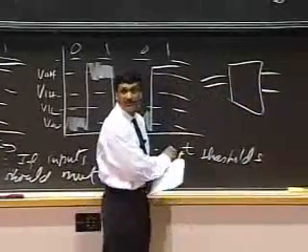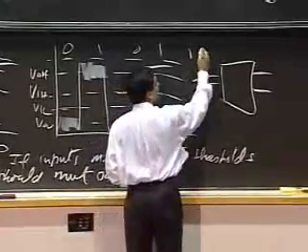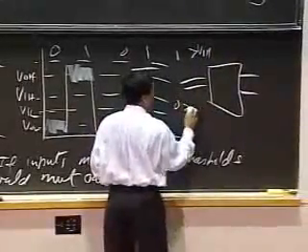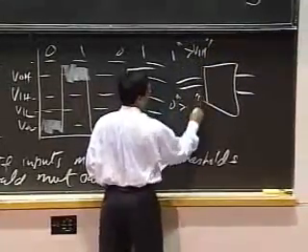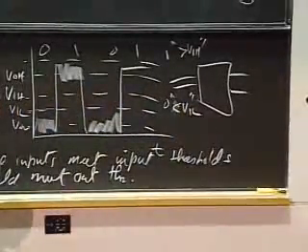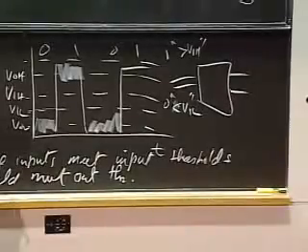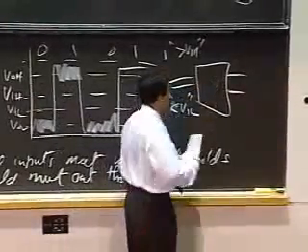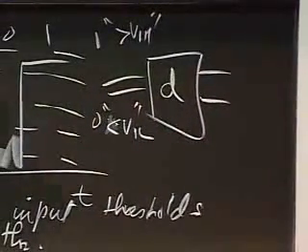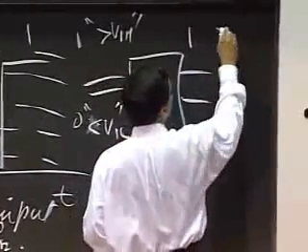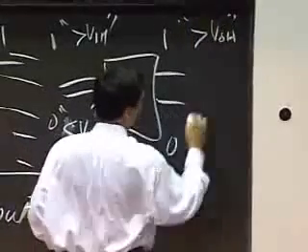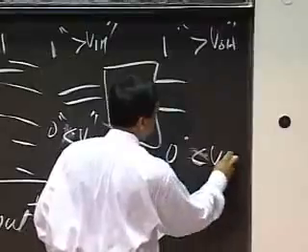then if I give it good inputs, and by giving it good inputs, I mean for ones, I have signal values that are greater than VIH, and for 0, signal values which are less than VIL. These are valid inputs. So when inputs are valid, that is below VIL for a 0 and above VIH for a 1, then this digital system, D, will produce corresponding outputs which follow output thresholds. That for a 1, it will produce outputs that are greater than VOH. And if it needs to produce a 0, it will produce outputs that are less than VOL.